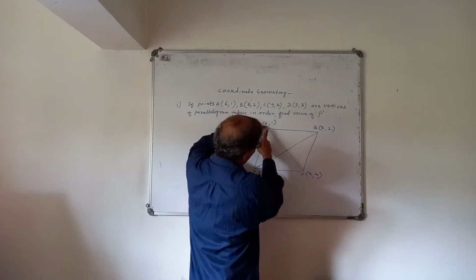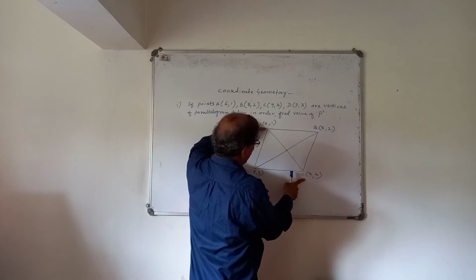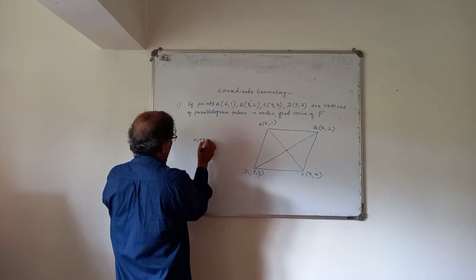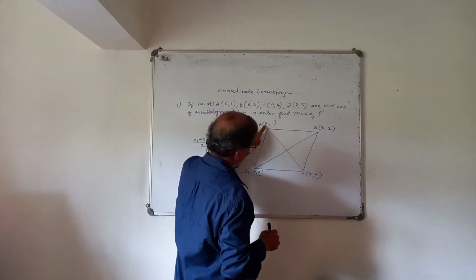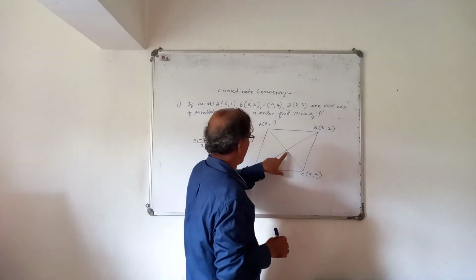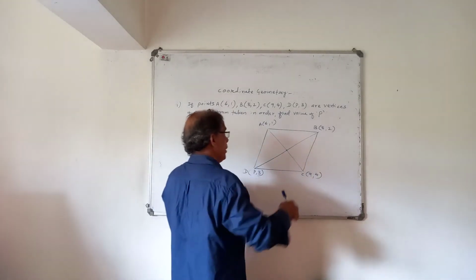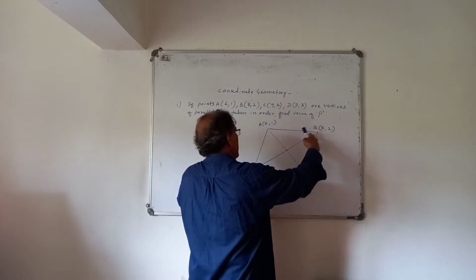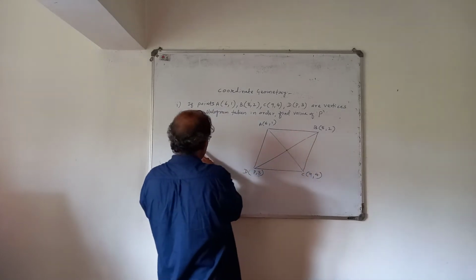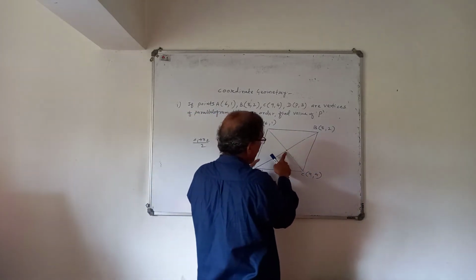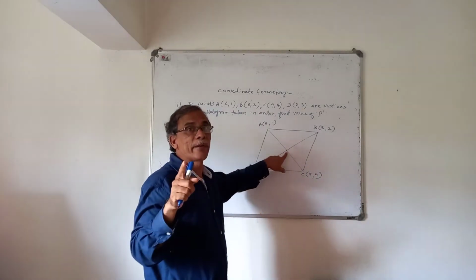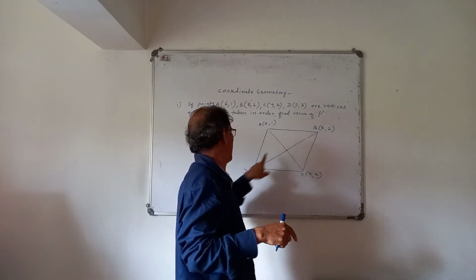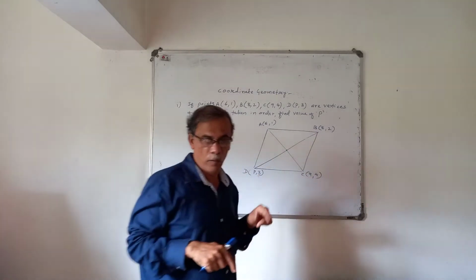And suppose you are going to calculate the midpoint of this AC, the x coordinate, what is our formula? x1 plus x2 upon 2. And you know x1, you know x2. So you can get the x coordinate here. Also, if you obtain the x coordinate of this BD, then whatever answer you get, that x coordinate will be the same, because those are the coordinates of the same point, because they bisect each other. This is the midpoint of AC as well as the midpoint of DB. So what can we write?